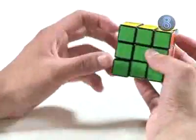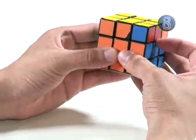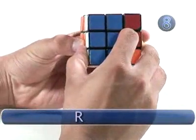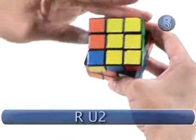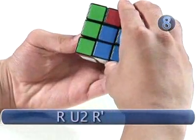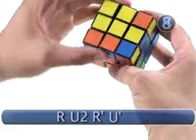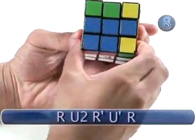When you find your 2 solved corners, place them on the left side. Then perform your algorithm. The algorithm is right clockwise, up 180 degrees, right counterclockwise, up counterclockwise, right clockwise,